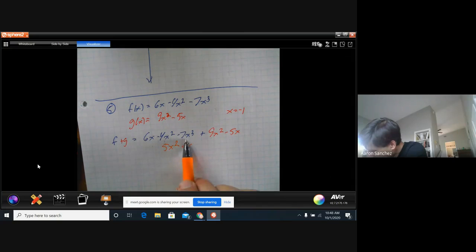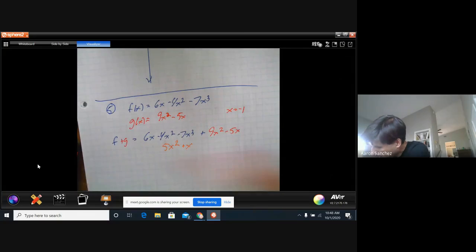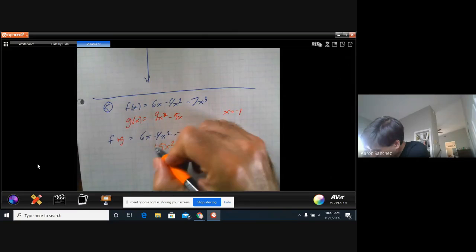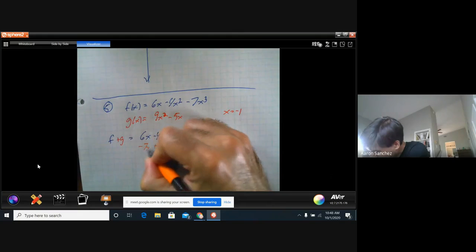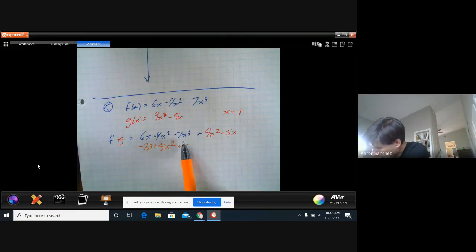And then I got the 7x cubed. Let's put that in the front. Plus negative 7x cubed. Let's make sure I got all that right. It's all out of order. I should have put it in order when I added. It would have made it a lot easier. -4x squared plus 9x squared is 5x squared. 6x minus 5x is x. Okay. Now,